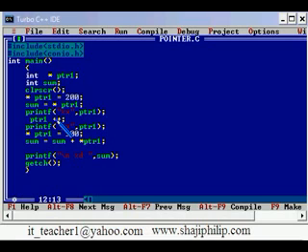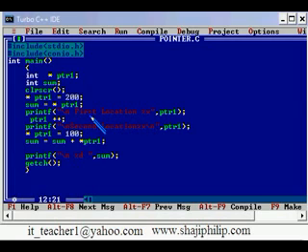Okay, let us put some slash in to have the separation, and first location, and here second location. Okay, let me run it and see.